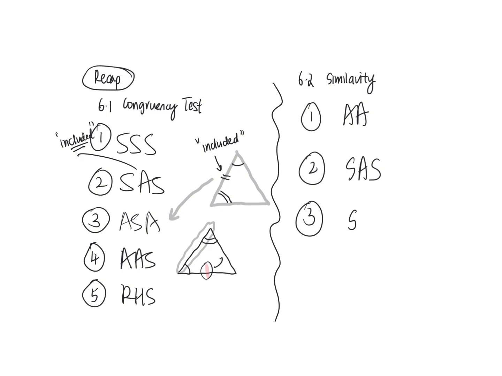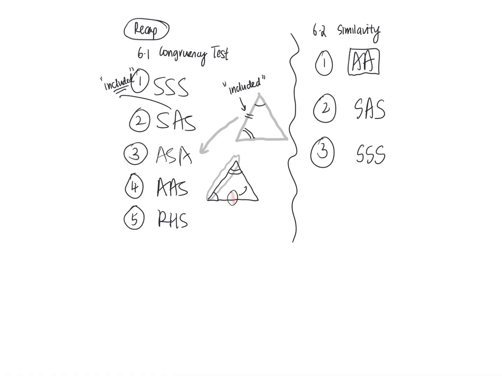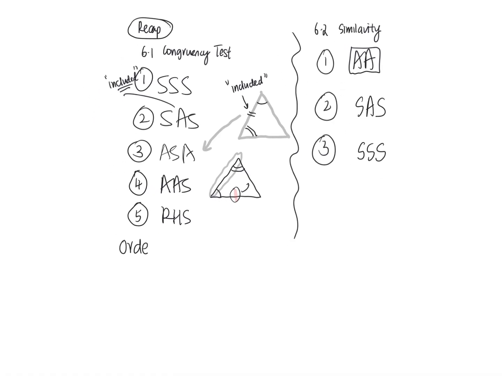No SS, 3S. Okay, SSS. So triple S for both. Then double A will do because the third one will naturally be the same. And then SAS. Okay, the order is important, especially for congruency test, because if I tell you that triangle